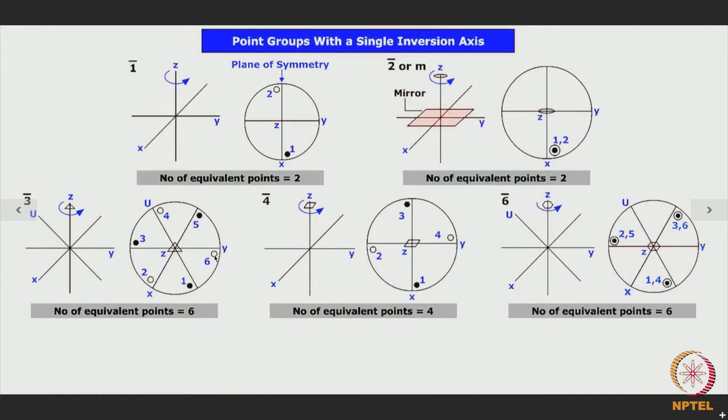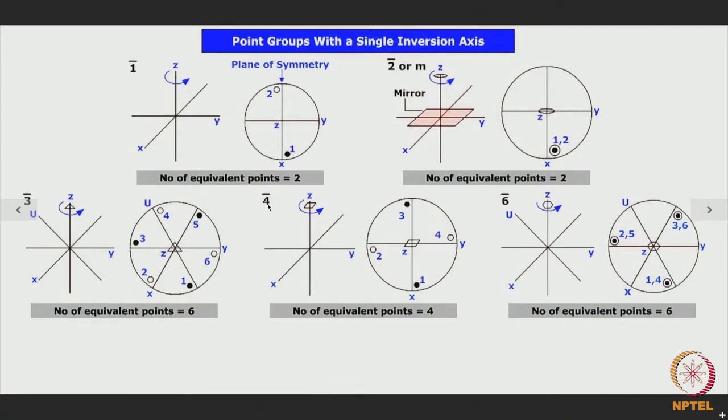So, you see that due to the operation of a threefold roto inverter or threefold inversion axis, we get 6 equivalent points. Out of these 6, 1, 3 and 5 are at the same level so far as z is concerned, and 2, 4 and 6 are at a different level. Now, let us consider